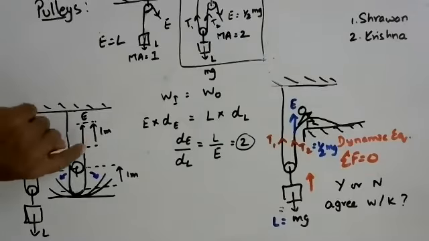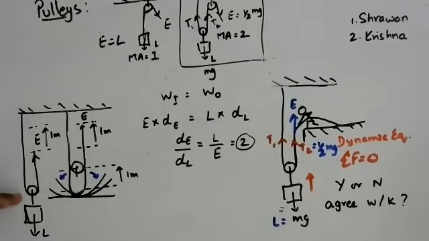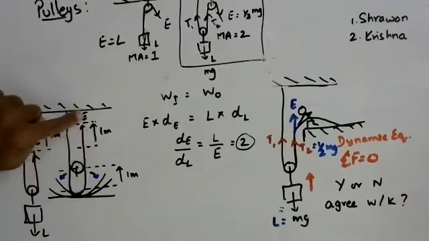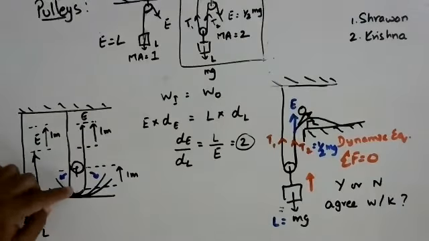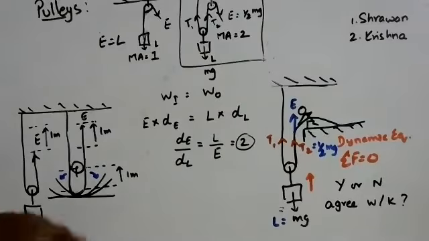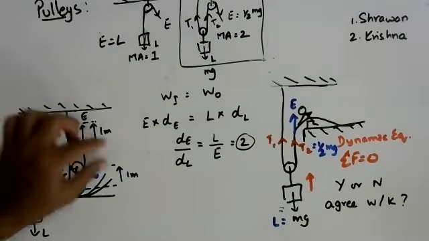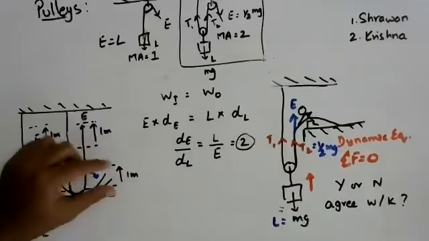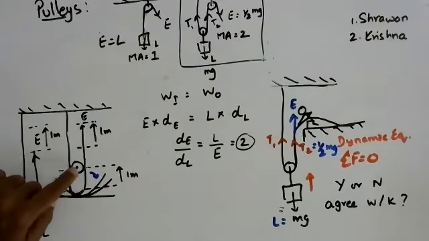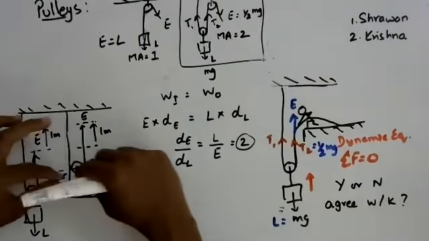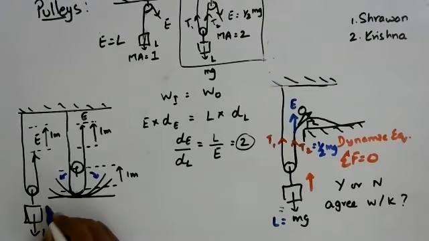So let us say, this is the pulley system, the pulley was at this height, then you pull this up by 1 meter. So I'm showing the second situation here. The rope got pulled up by 1 meter, which means, let us argue, that the pulley went up by 1 meter. So let's say the pulley went up by the same 1 meter that you pulled the rope up by. So the new position of the pulley will be there, which means the extended section of the rope through which it has moved is this much. So if you open that up, what is the length of this rope supposed to be?